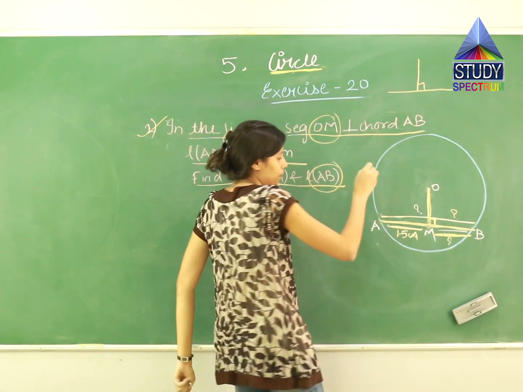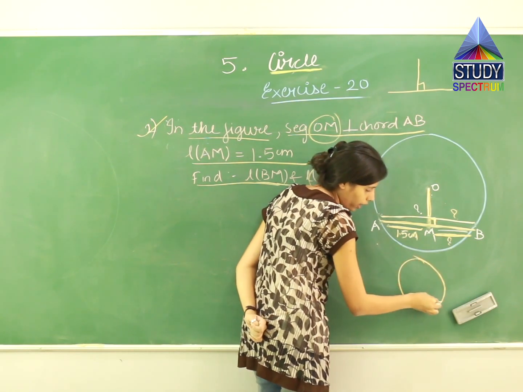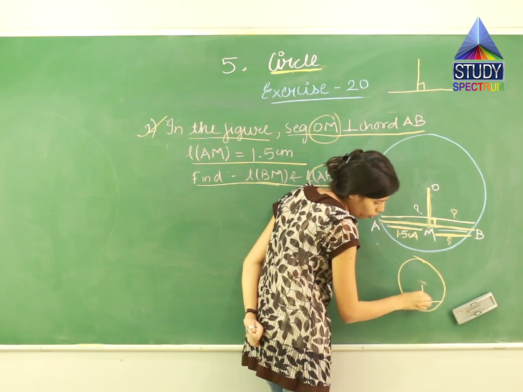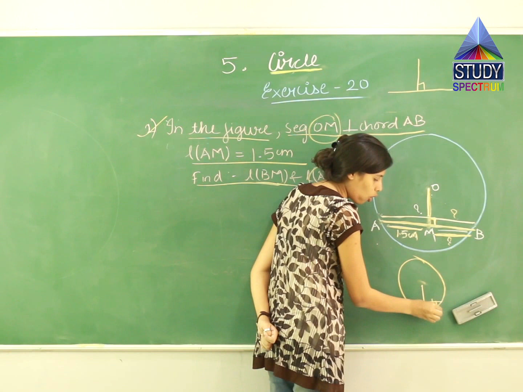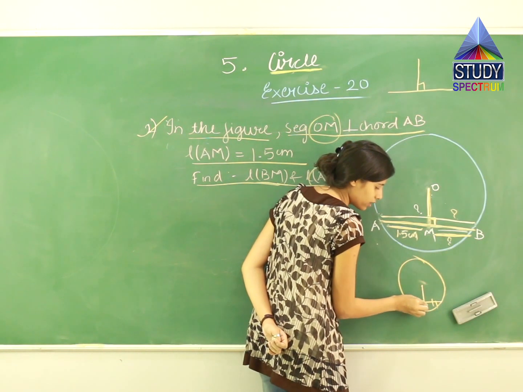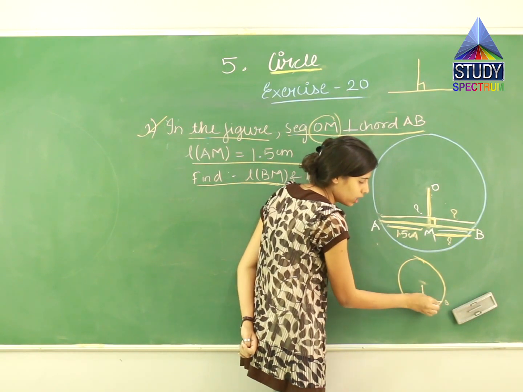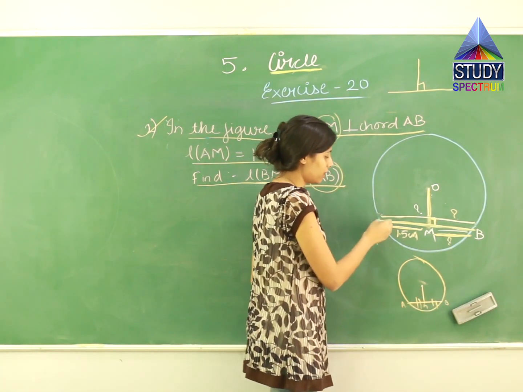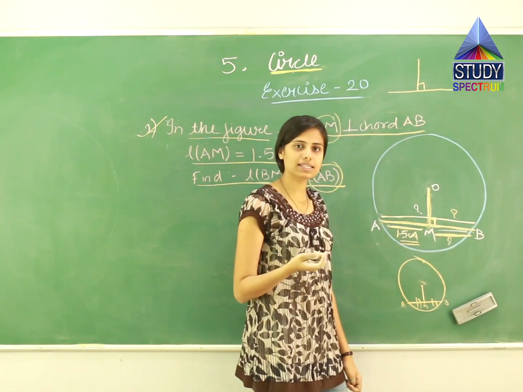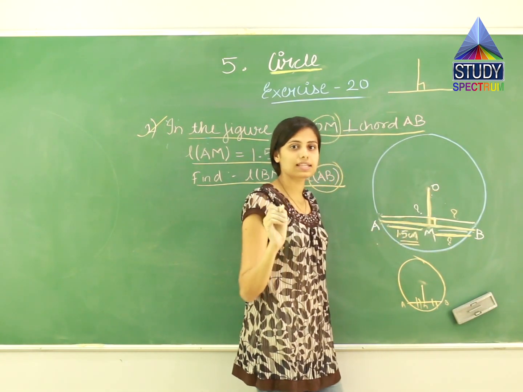Means what? अगर एक chord है और एक center है, तो center से जो हम लाइन ड्रॉ करेंगे chord तक, वो chord को दो इक्वल हिस्सों में बांटता है. अभी समझो ये M है, this I have represented over here. If this is M, this is A and this is B, then the length of AM is equal to the length of MB. So over here they have given that AM is 1.5 centimeter, तो MB कितना होगा? 1.5 centimeter, because a perpendicular drawn from the center to a chord bisects the chord equally.